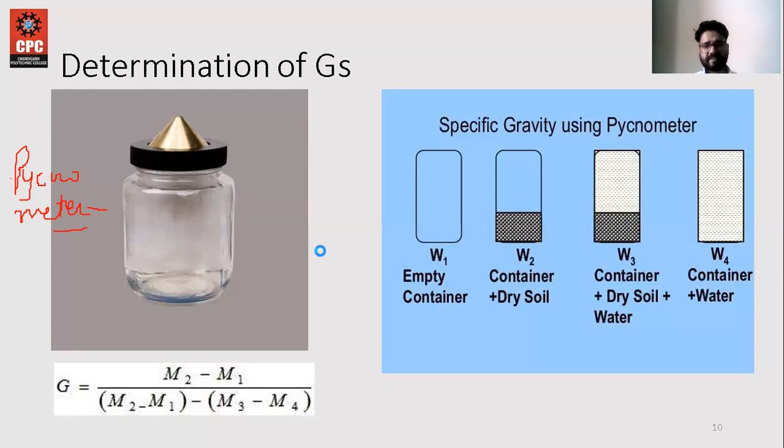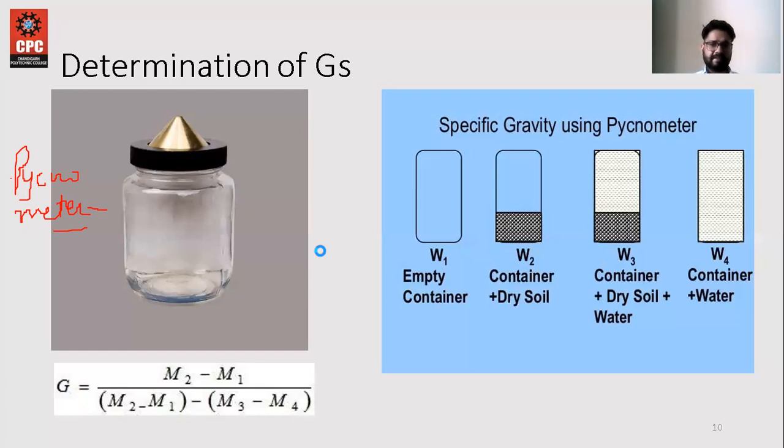So after disconnecting the vacuum pump, you will fill the pycnometer about 3/4 full with water, and you will apply the vacuum for about 5 minutes again so that the air bubbles stop appearing on the surface of the water. And then again you will fill the pycnometer completely up to the mark, and you will dry it from the outside. You have to make sure that there are no droplets of water outside the pycnometer.